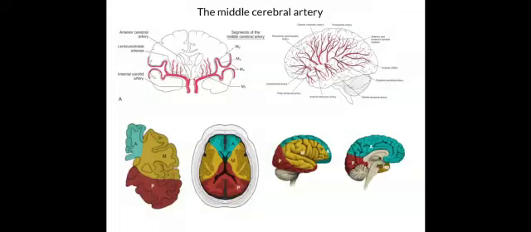Before we look at their distribution on the surface of the hemisphere, I'll just point out some of these small branches that we've got here. These are the lenticulostriate arteries, and we're going to do a separate video on these because they're important from the point of view of stroke. So the middle cerebral arteries emerge laterally onto the surface of the cerebral hemisphere, and then they pass superior and inferiorly